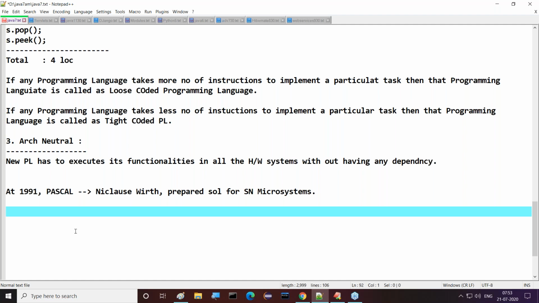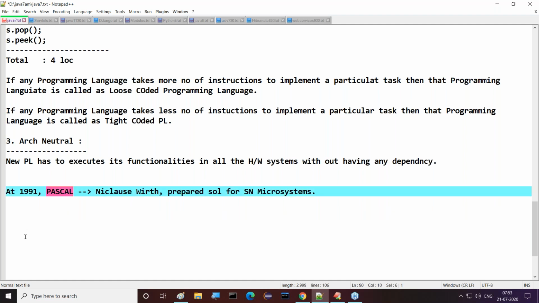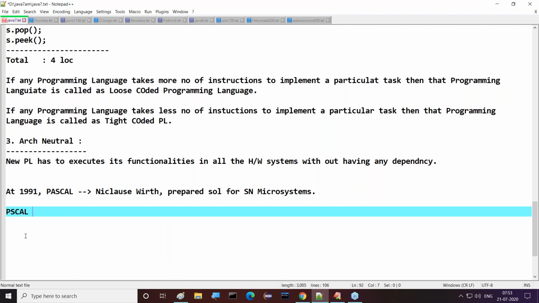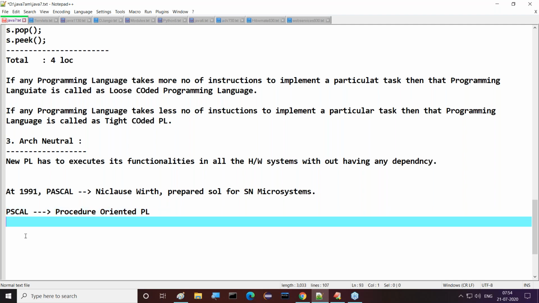Nicholas Wirth prepared his solution using the Pascal programming language. But what is this Pascal actually? Pascal is a procedure-oriented programming language. So the solution from Nicholas Wirth was rejected by Sun Microsystems. Why? Because Nicholas Wirth provided the solution using Pascal, which is a procedure-oriented programming language. But Sun Microsystems was looking for